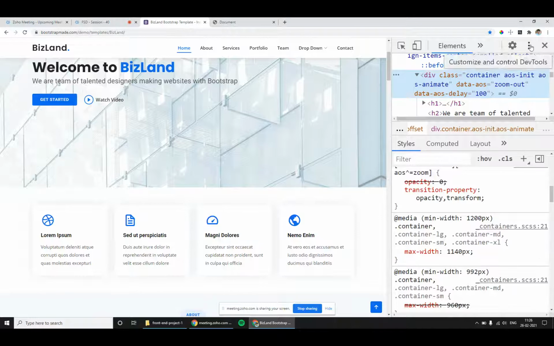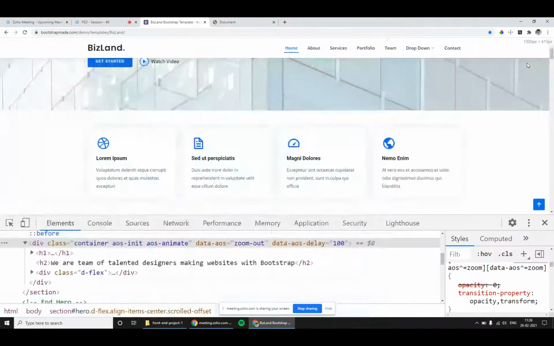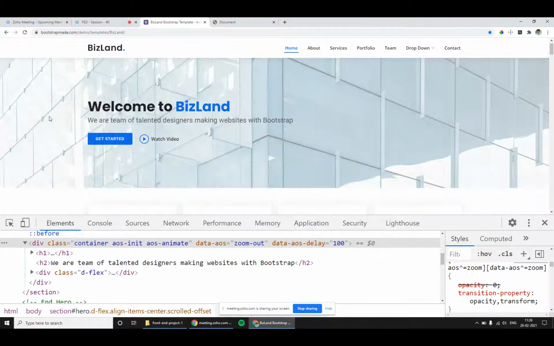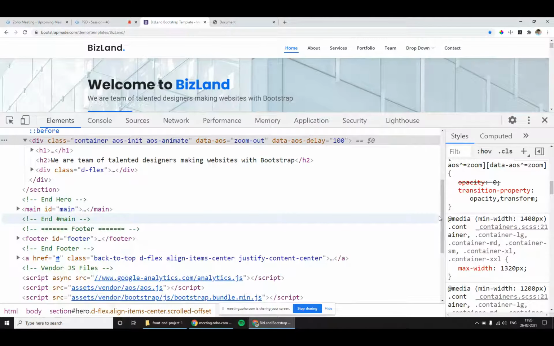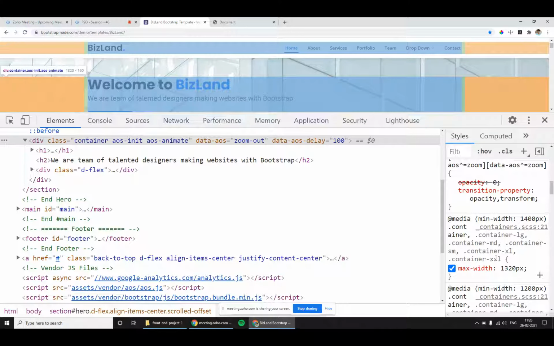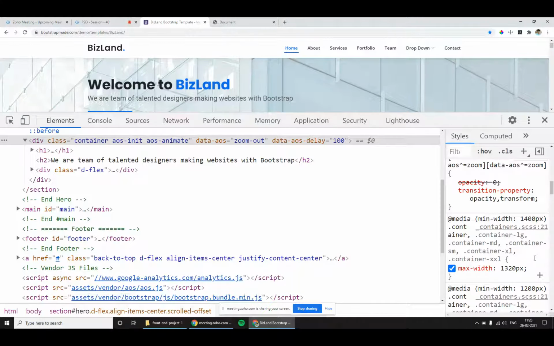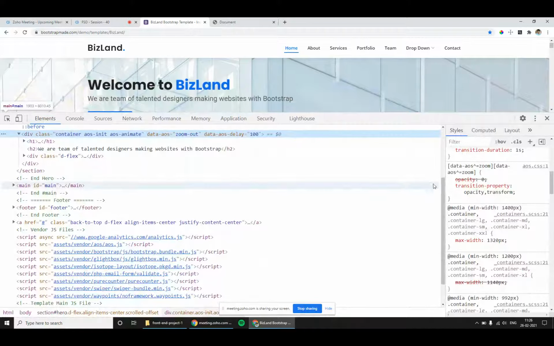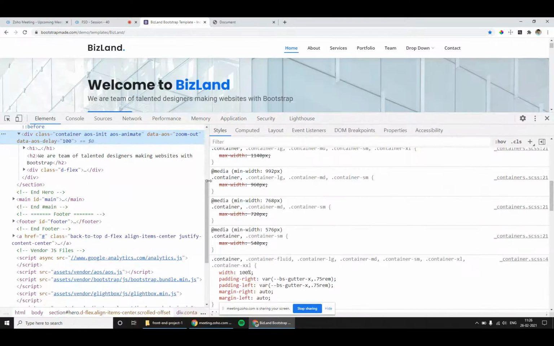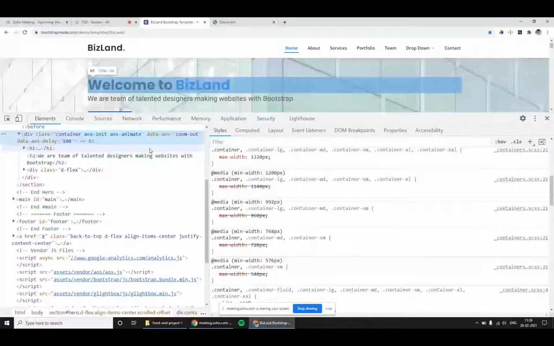So let me keep it here so that I can get the biggest device width. And I believe they have developed this web page on mobile first approach. Mobile first approach means they would have written styles for mobile view first, and then they will write necessary styles to meet their second breakpoint. Okay, so container is selected.